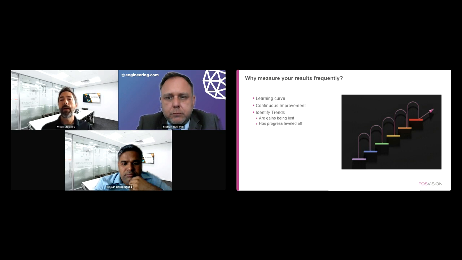Along with that, when do we start the next phase? If we're doing this in a phased approach, how do we know when it's time to take that next step? And so again, monitoring these trends over time, we can start to see when those gains have leveled off. Okay, we're climbing that learning curve. We're starting to get more and more benefit. If we're still seeing these things improve pretty consistently, we may be tempted to say, oh, this worked out great. We've got all these benefits. Let's move to the next step.